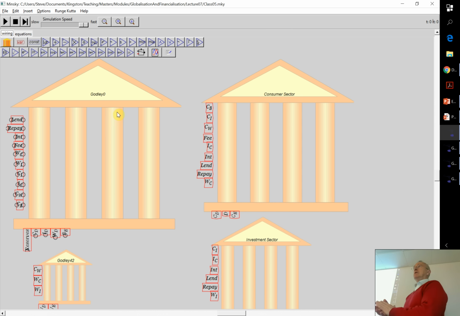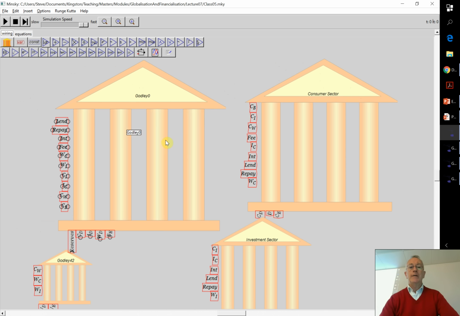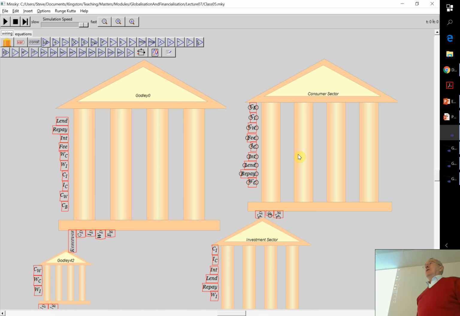Okay. So what you have to do now is grab the various elements here, lend, repay, interest, etc., and define them. And at the moment, you've got to grab them one by one. I want to again make it possible to grab them all and just place them around for definition. I'll just show one little thing, which is just to illustrate this can be done. Let's say I want to define interest there. Notice when I move over any of the bank icons, little circles turn up. Okay, those are the linking points to link one variable to another.